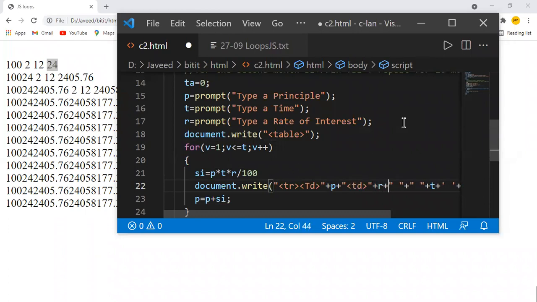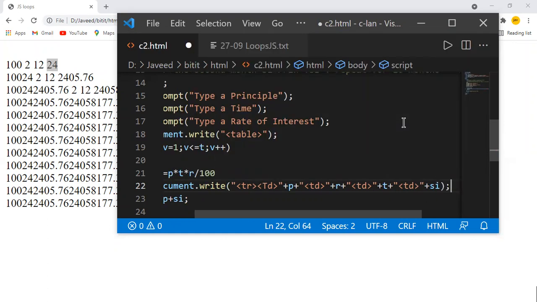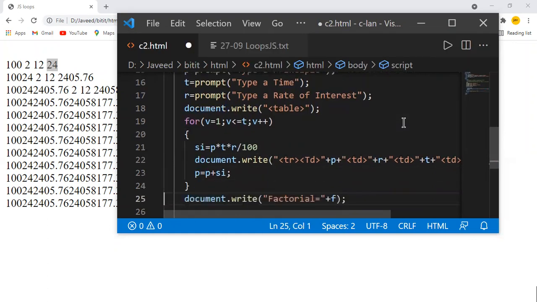I'm not closing the tag. It's better you close the tag, right? If you're not closing the tag, the browser may work properly with no issues, but depending on the browser, it may not work properly. To avoid that problem, it's always better you close the tag also. Write both the opening and closing tag. Then once you come out of your code, I want to close the table tag there. I'm just closing the table tag.